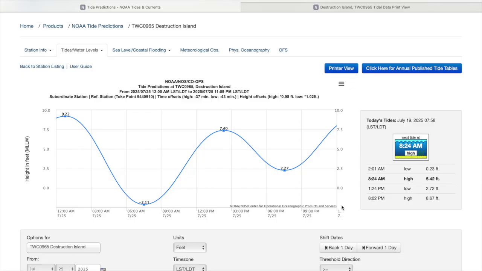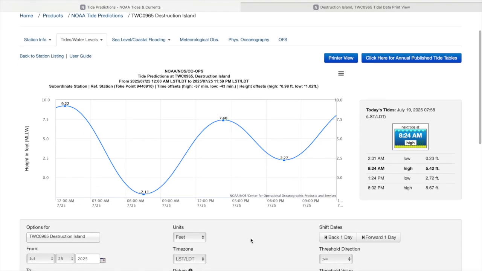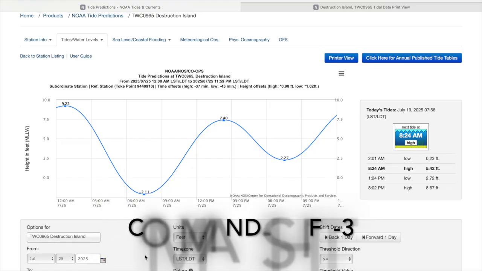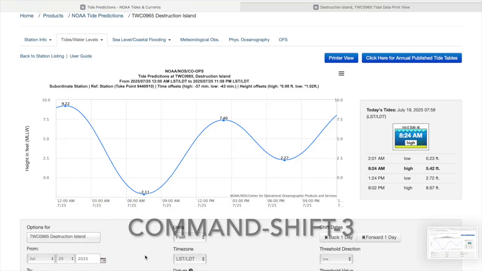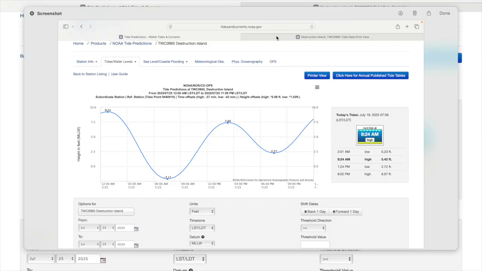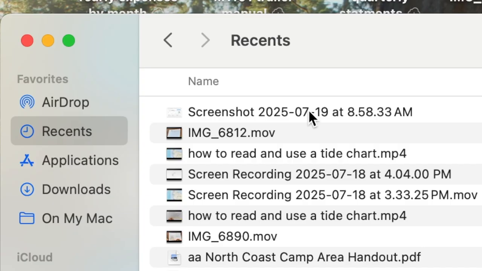So if you don't own a printer, and I understand that a lot of people don't anymore these days, there's another way you can do this. So if we look here at the NOAA tide chart, I'm back at Destruction Island on the 25th. I'm just going to take a screenshot of this. So that is Command Shift number 3, and I am operating on a Mac. Now I'll open my screenshot,